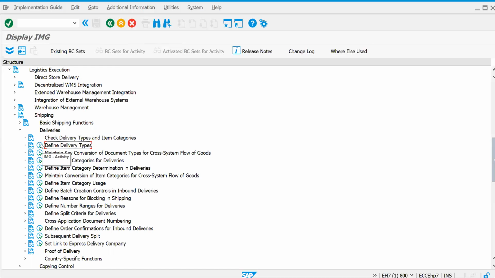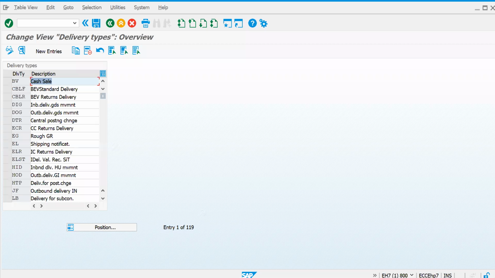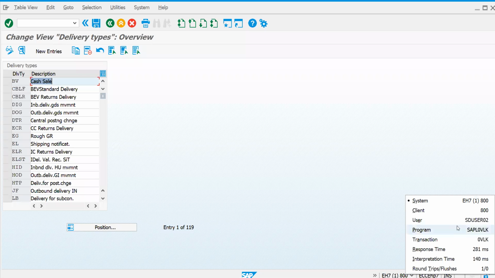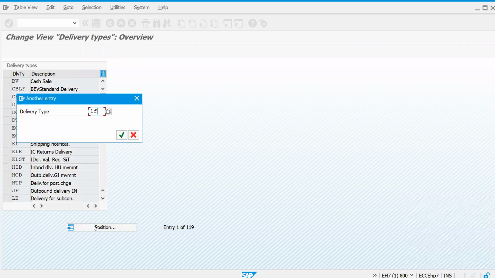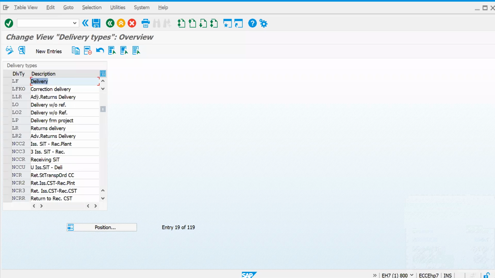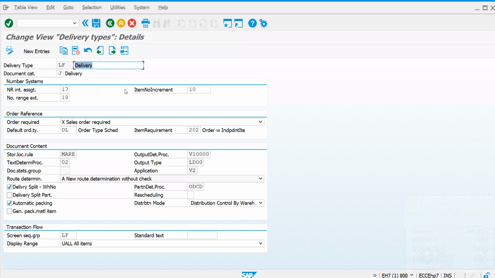If you execute this transaction, you can see the transaction is 0VLK or OVLK. Now let's get into our standard delivery document type, which we have seen here.